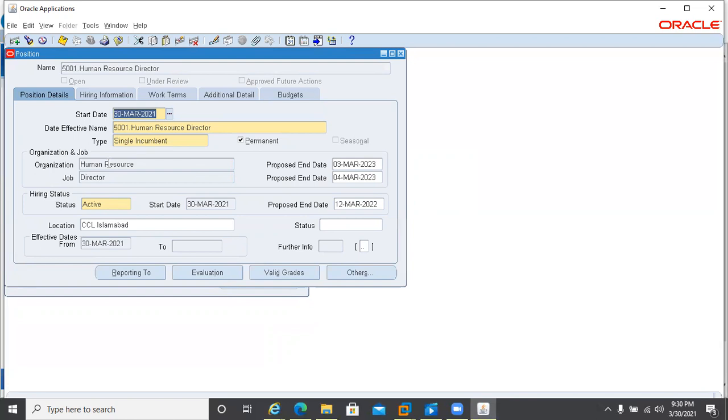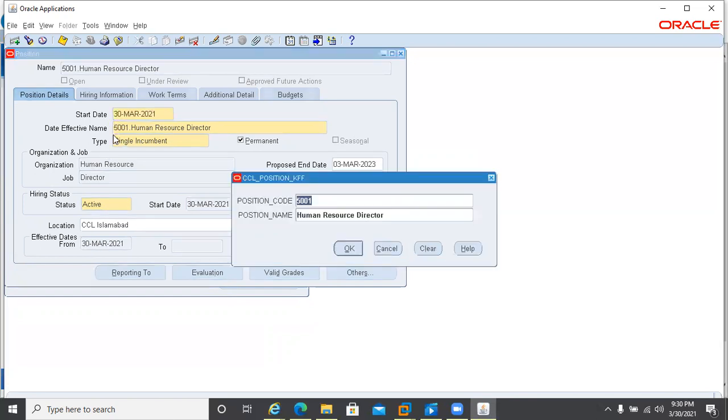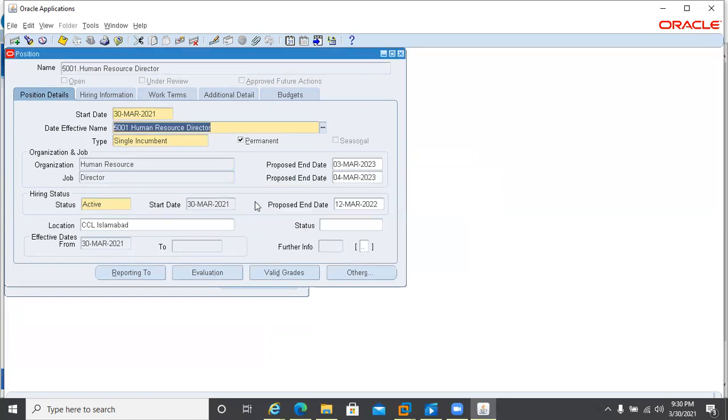But that is fine. Employee code is fine, but the point is the position should be different. Position needs to be different because it is going to be again the same position. Code is fine, but it only links better when you have 2 directors or 3 directors in your department.